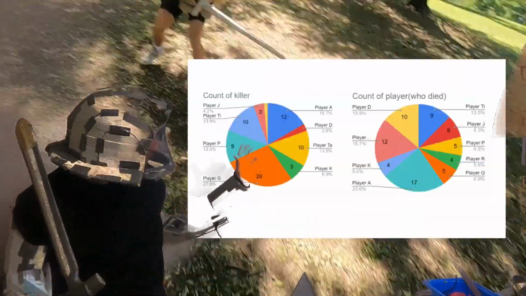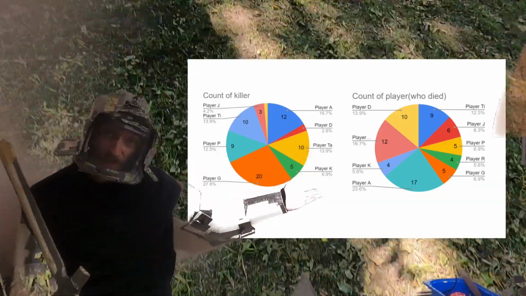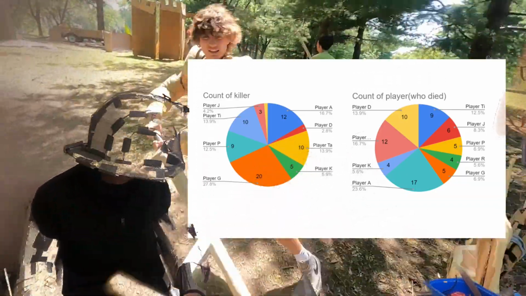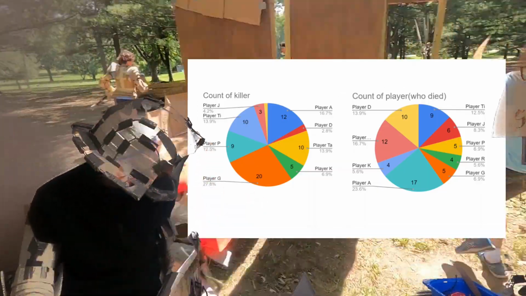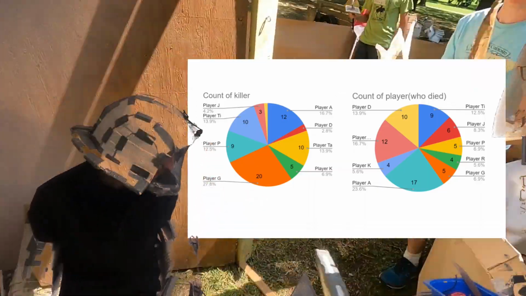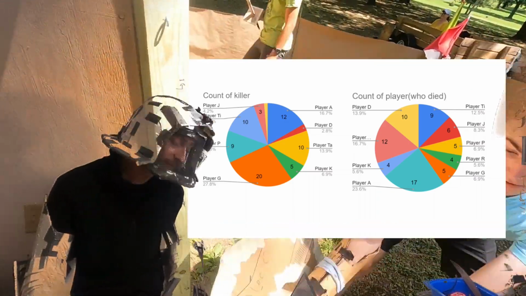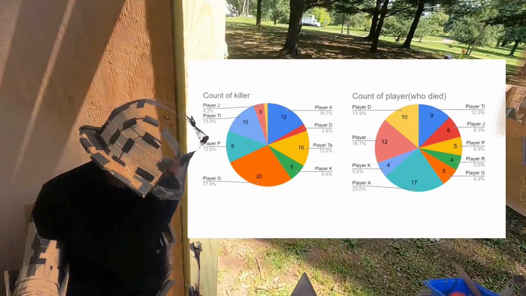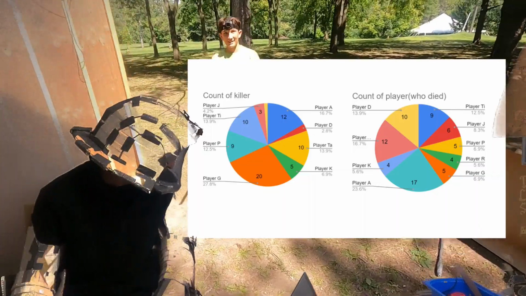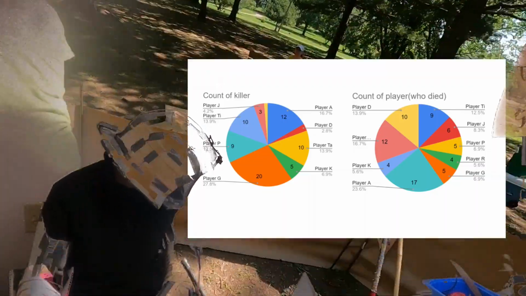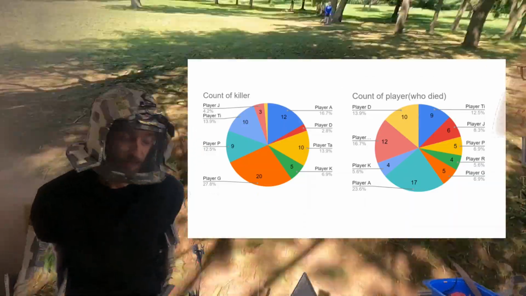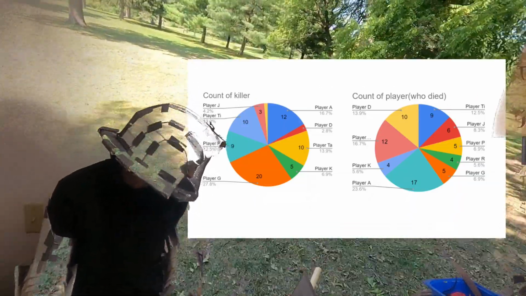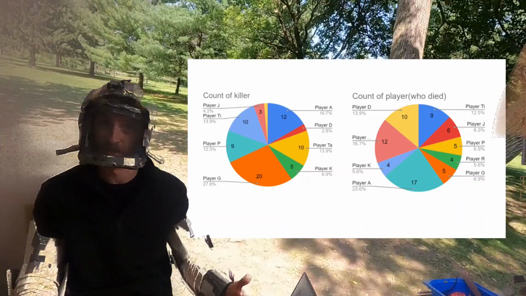So here's some very simple stats, just a pie chart. It's not at all complex to do this. You can just click and drag and create a pie chart in Google Sheets, and we can just glance at this. It doesn't really reveal the deeper things, but on the surface you can see, wow, I got a lot of kills. 20 kills. 20, or 27.8%, of all of the deaths were caused by me.